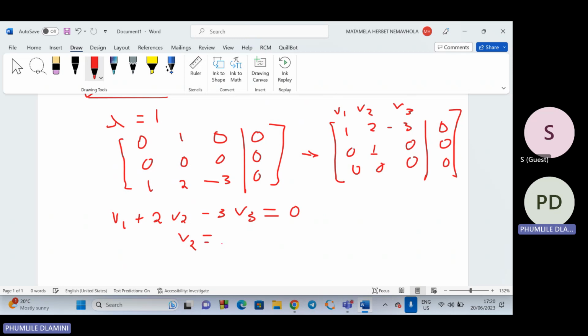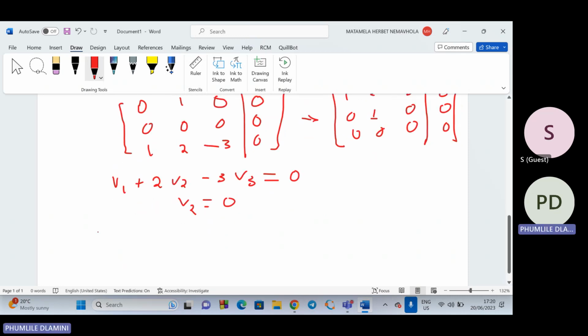That V2 equals to what? Equals to 0. So when V2 equals to 0, we can substitute V2 here. Then we will have V1 plus, or we can just say we know that this one is going to be 0. Then we will have V1 minus 3 V3. V3 equals to what? Equals to 0. Then this implies that our V1 is going to be equals to 3